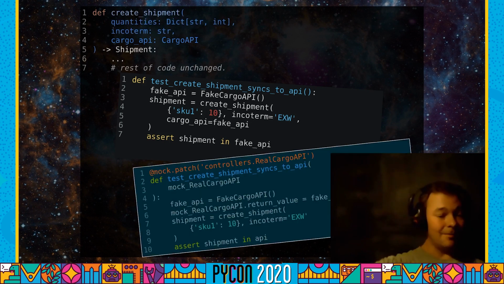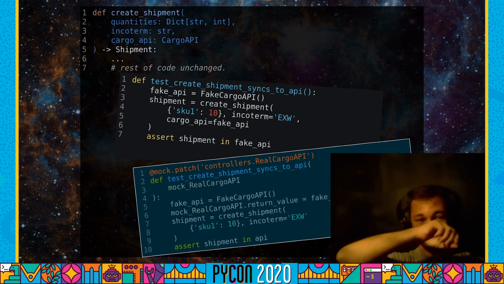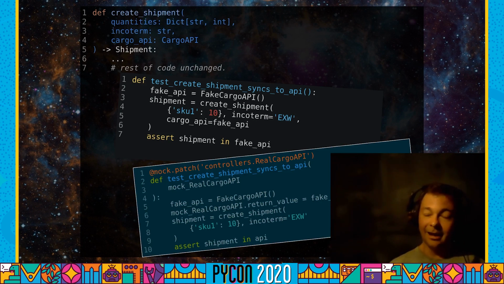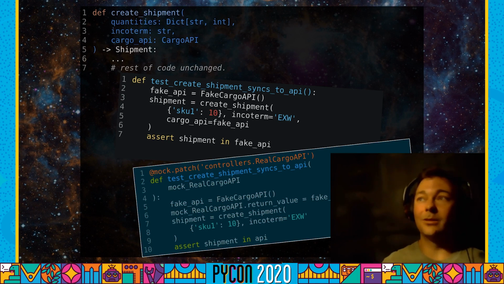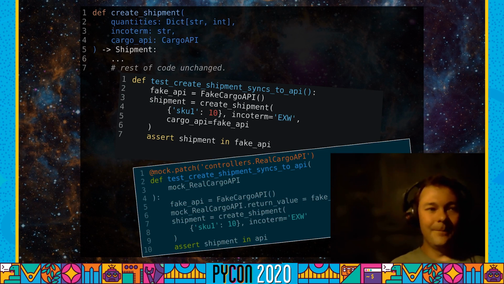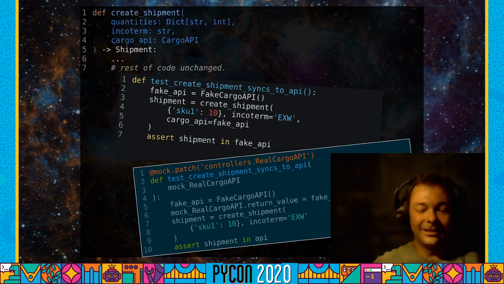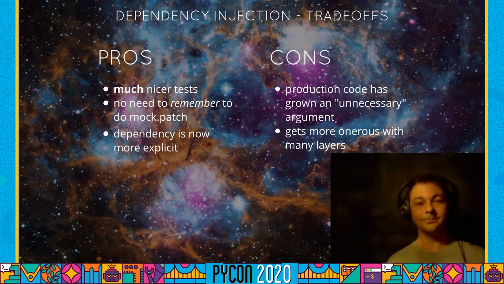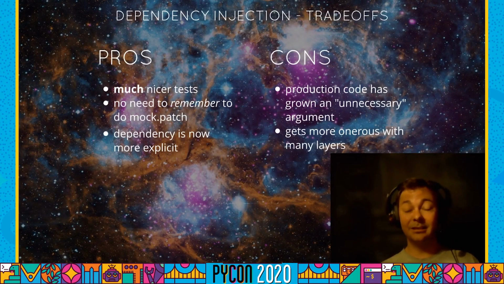And again, if you compare it back to the old version with its mock.patches and its dot return value kind of stuff, this is much simpler. And if you think all the way to the whole mock.post.request.called and the whole accidental thing where we had to monkey patch the UUID module, you can see that potentially at least this buys you some really nice readable tests. So that's one of the pros, nicer tests.